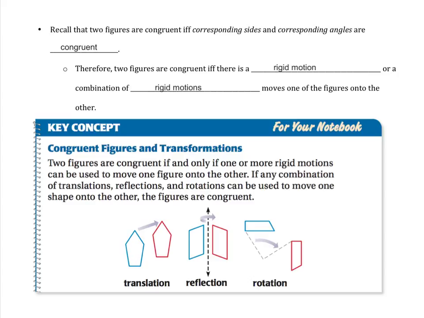So in this graphic that I took a screenshot of out of your book, it says congruent figures and transformations. Two figures are congruent if and only if one or more rigid motions can be used to move one figure onto the other. Exactly what we were saying up here. If any combination of translations, reflections, or rotations can be used to move one shape onto the other, the figures are congruent. So what I want you to write down in your notes, that translations are just shifts from one